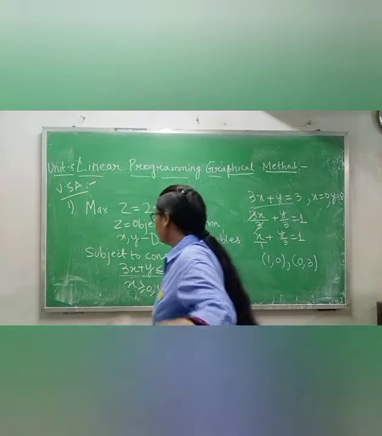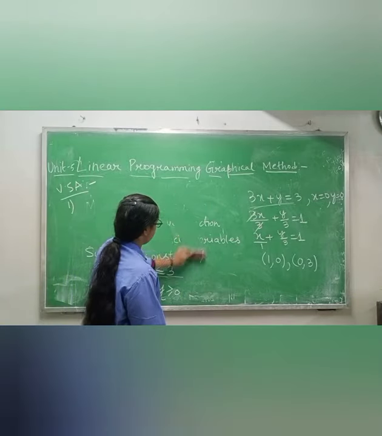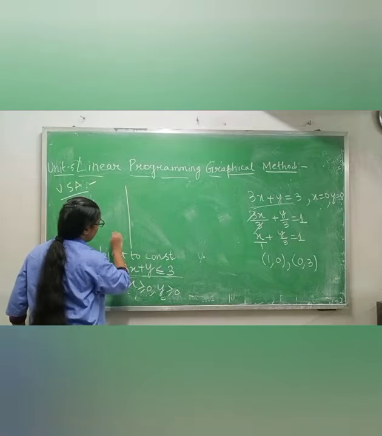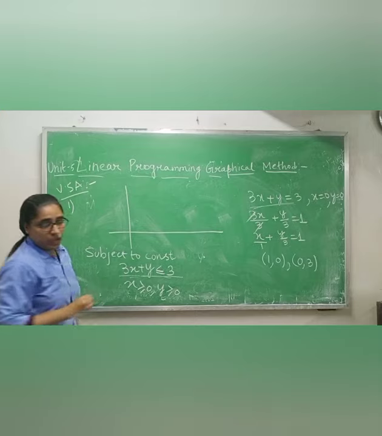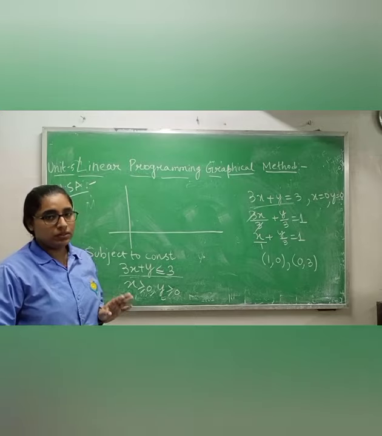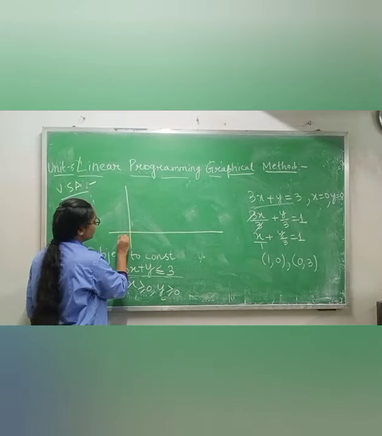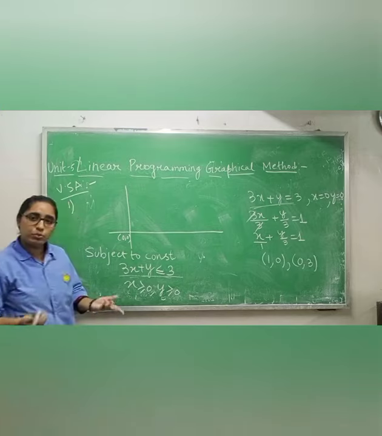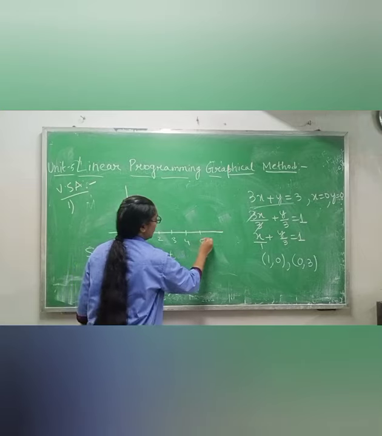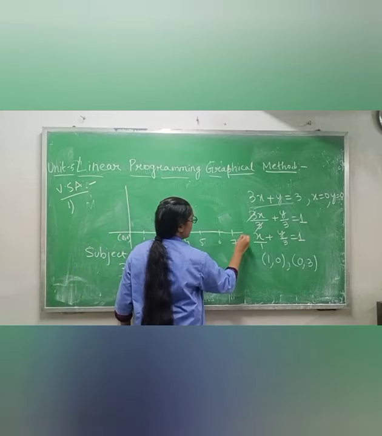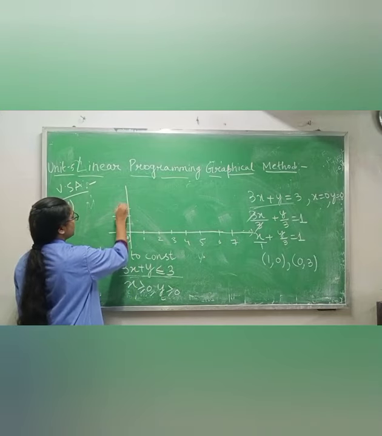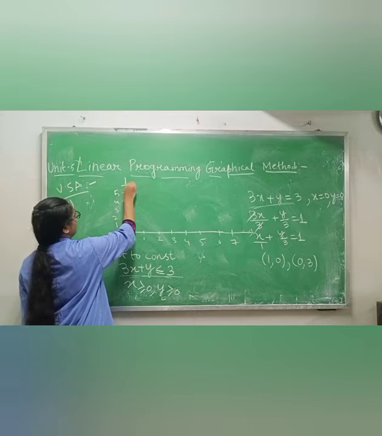Now I am writing the first question. Why I am rubbing to make it a graph. Now see, I told you that in your exam time there will be no graph paper. Okay, you have to do it by your own. So this one you know 0 comma 0 means here x and y both will be 0. Then 1, 2, 3, 4, 5, 6, 7 like this will go on. Okay, I am taking up to 7. Now here 1, 2, 3, 4, 5. I am taking up to 6.